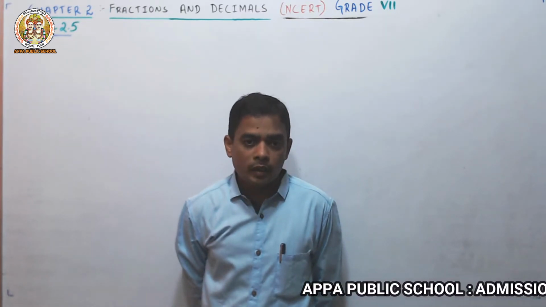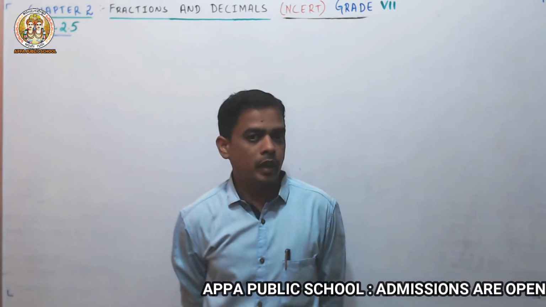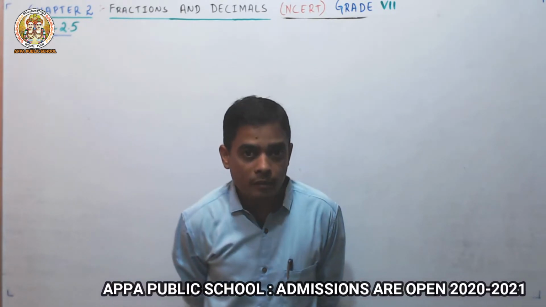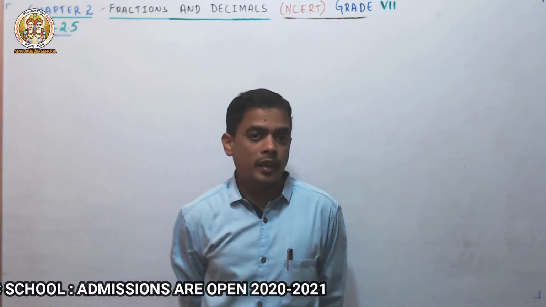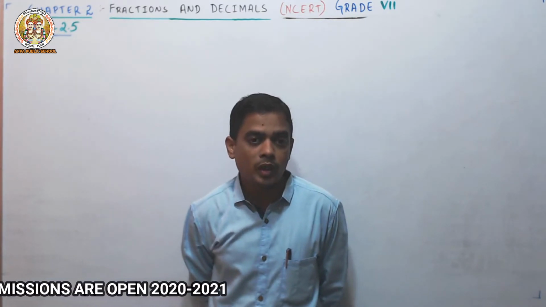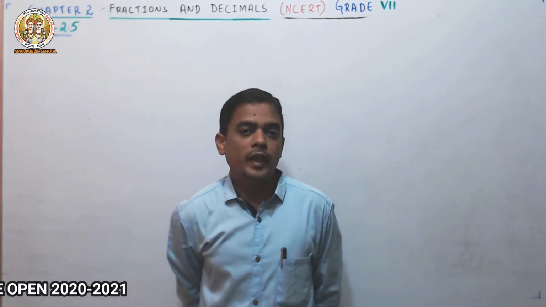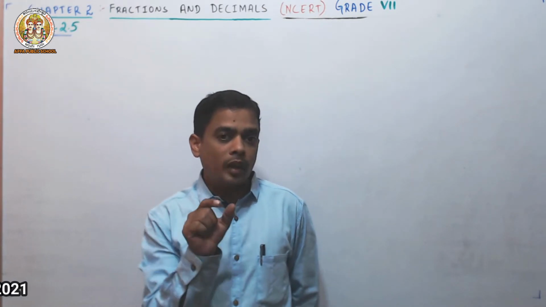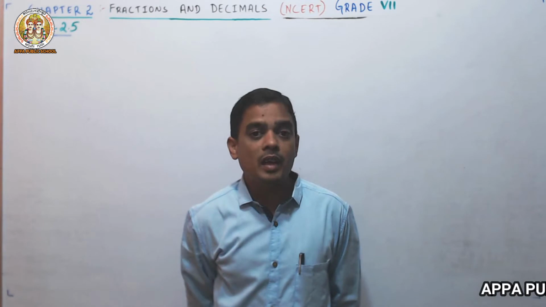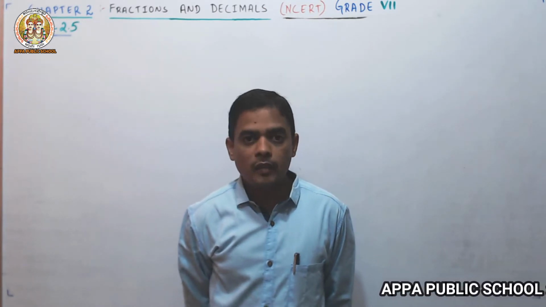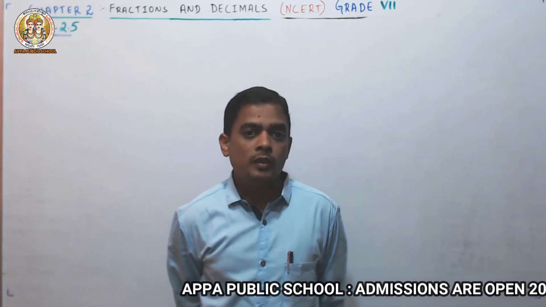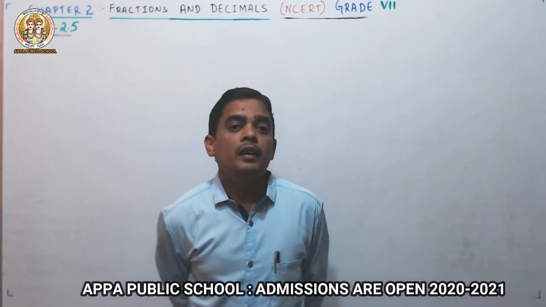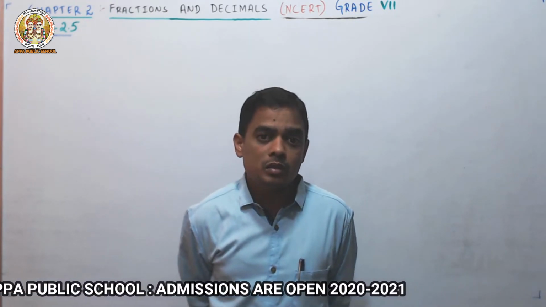So we know that 10 millimeter is equal to 1 centimeter. You can measure from the scale. If you have a scale, the normal scale you use. In that scale, what he has given? So totally there will be 10 lines. So those total 10 lines is equal to 1 centimeter. That is 10 millimeter is equal to 1 centimeter. Once again, we know that 1 centimeter is equal to how much? 100 meter, and 100 meter is equal to 1000 kilometer.